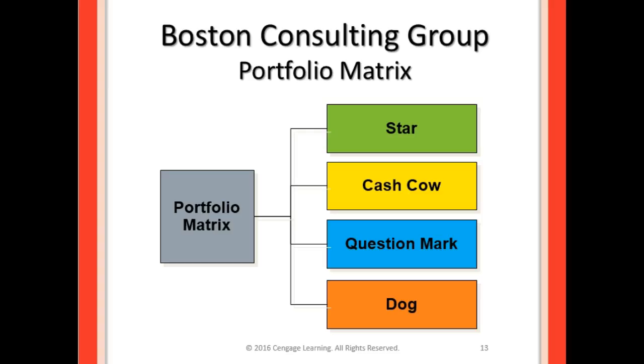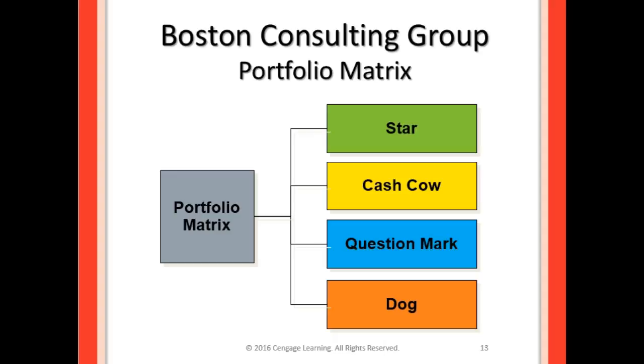All right, Boston Consulting Group, the portfolio matrix, is another one you definitely want to know and be aware of. This is where the Boston Consulting Group classifies each SBU by its present or potentially their forecasted growth and their present or forecasted market share as well. And they're given one of 4 classifications, as you can see here.